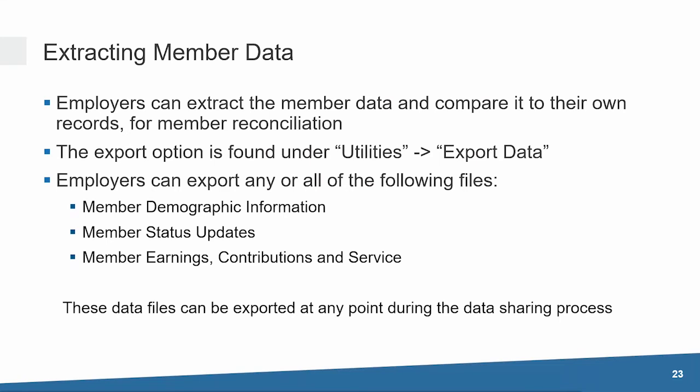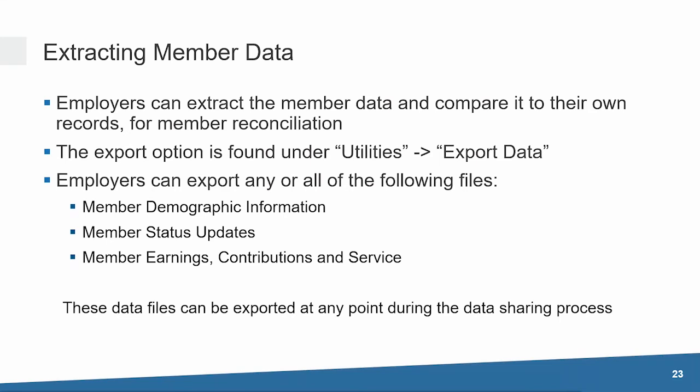Member Demographic Information File. This file contains all the members in the plan as of December 31, 2020, and can be used to help determine if any members are missing from CAT records. For example, new plan enrollments not previously reported to CAT. Member Status Updates file. This file contains the in-year data reported to CAT throughout the year. For instance, leave notifications, terminations, retirements, and deaths.